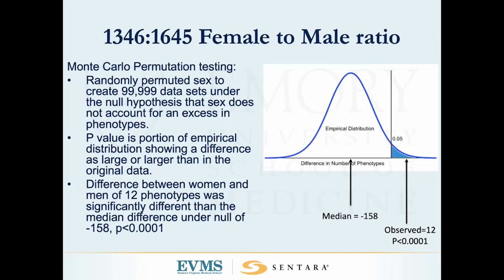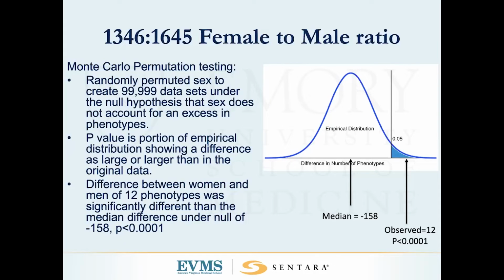There was no 2-to-1 enrollment ratio in the Silver AMI study. They just enrolled patients as they came in. And so, not surprisingly, there were more men than women in this study, and the enrollment ratio was reversed. So we had the opposite problem, but we still needed to do the Monte Carlo permutation testing to overcome that problem. And what we found is that the difference of 12 more phenotypes in women than men